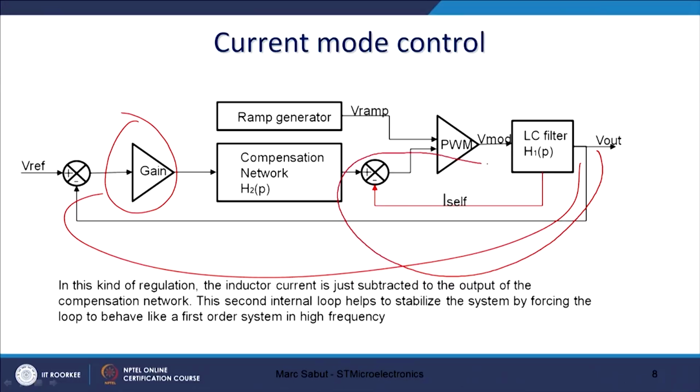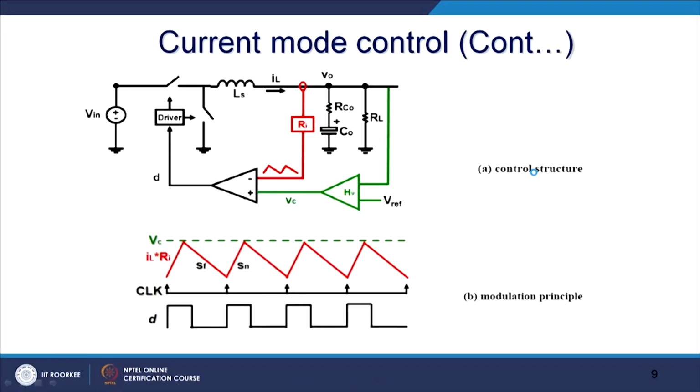So, this part of it is an inner loop for the current, and the other is the outer loop for the current. Let us see how it works, in a very simple way. This part was the same in the case of the voltage mode controller, where the PI controllers and all the scaling have been put into the block HB,